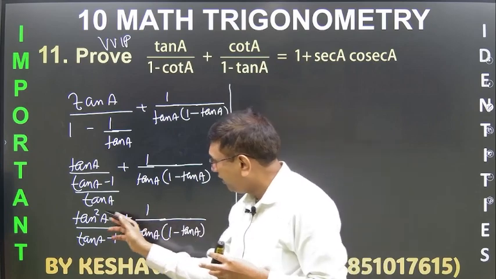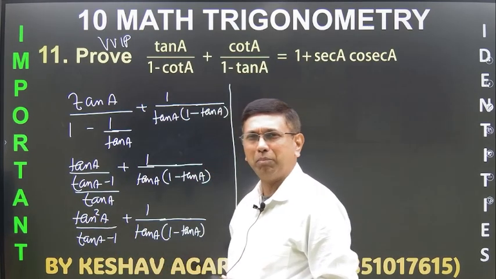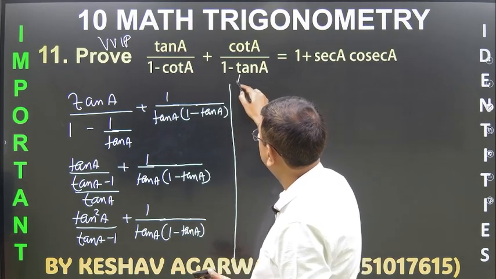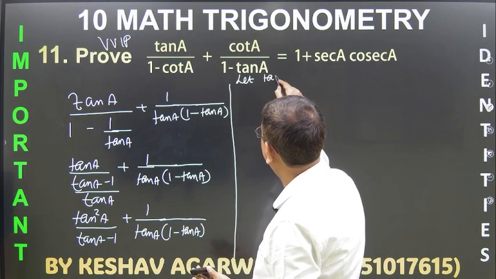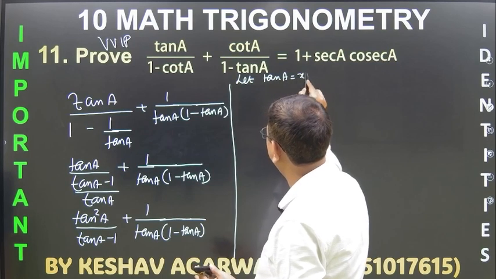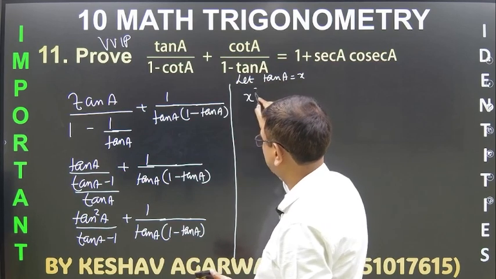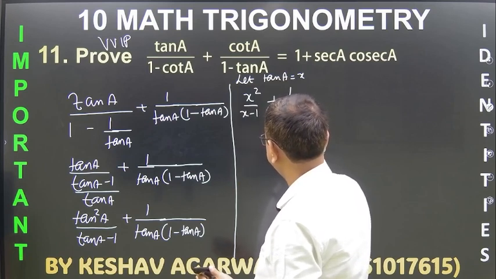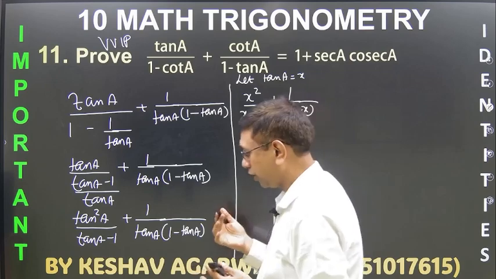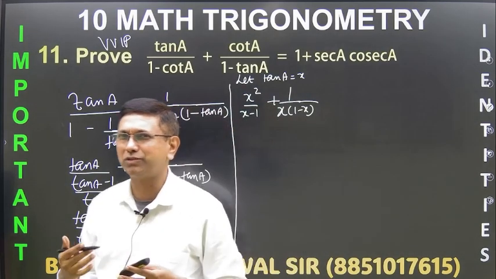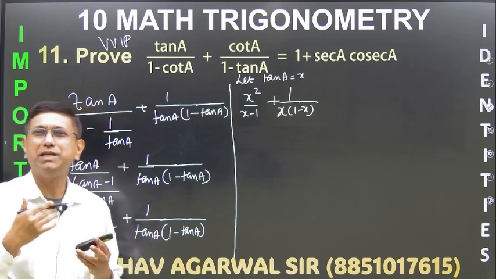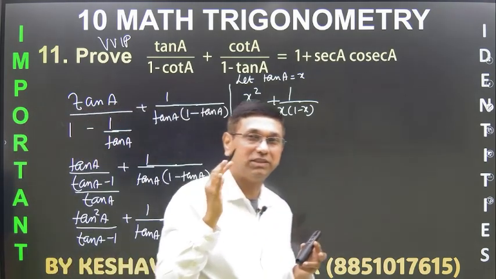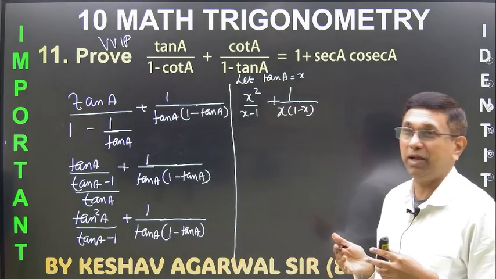अब देखो everywhere you see tan A, tan A, tan A, तो बहुत लंबा लिखना पड़ता है. Though what I am going to do is optional. Let tan A be equal to x. मैं एक छोटा letter x ले लेता हूं. तो ये बन गया x square upon x minus 1 plus 1 upon x. क्या है ना, हम लोग जब trigonometry से दूर हो जाते हैं ना, x x आते हैं ना, x तो बचपन से देखते आ रहे हैं. So it becomes easy for us when we see those x. Tan cot कई बार ना ये बड़े jitters देते हैं.